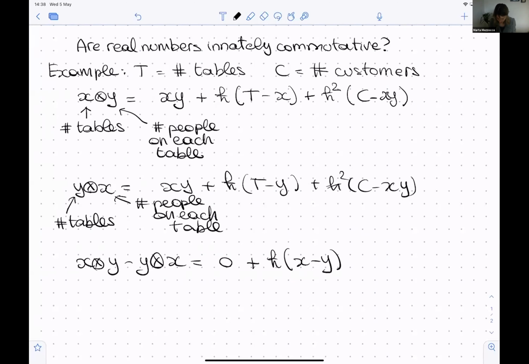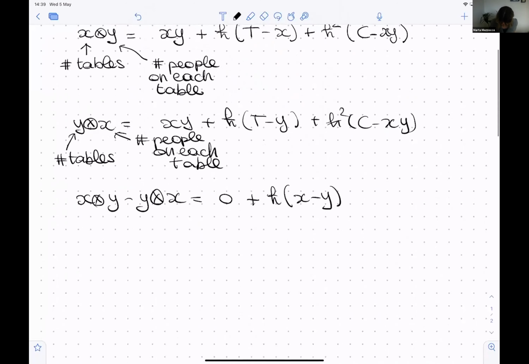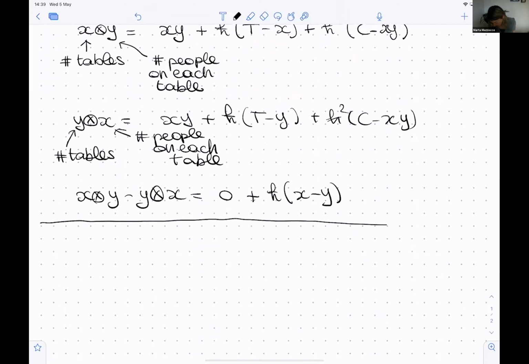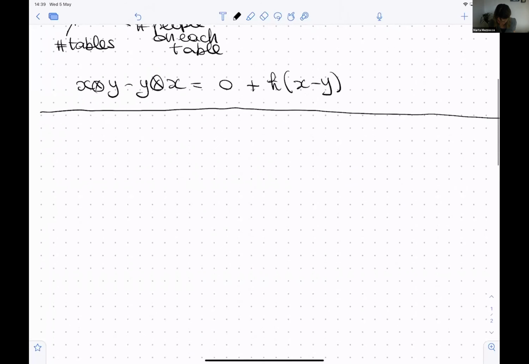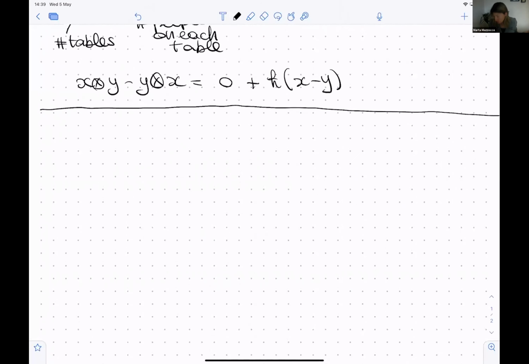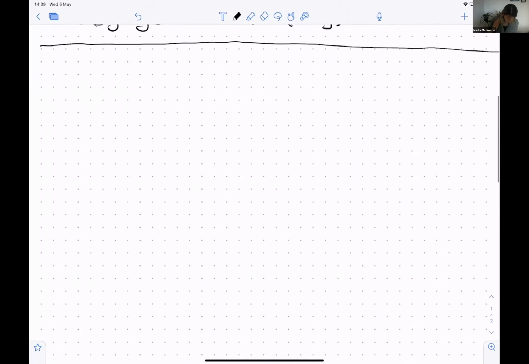Okay, so let me move on to maybe a little bit of a more advanced example. So this is kind of my way to justify the fact that I do research in quantum stuff, so that it's useful. You see, if you want to open a restaurant, you must know your non-commutative algebra. Okay, so I would like to give you another example, which is perhaps a little bit more instructive.